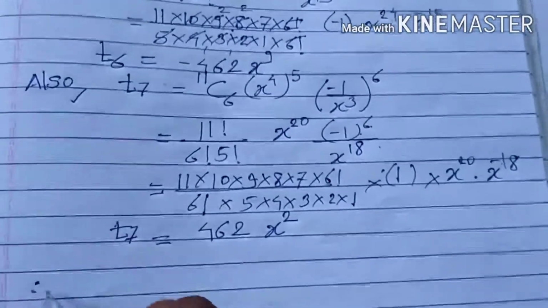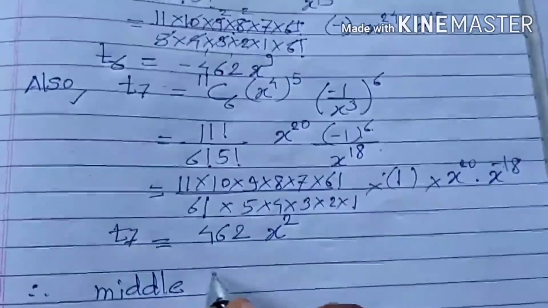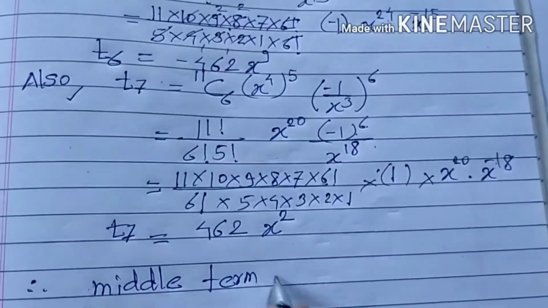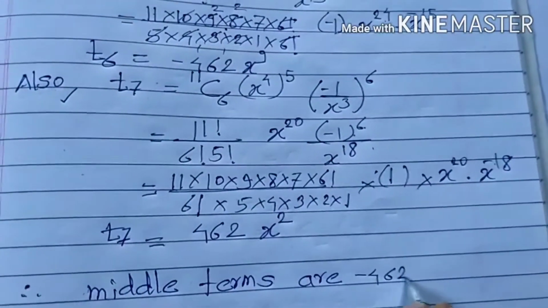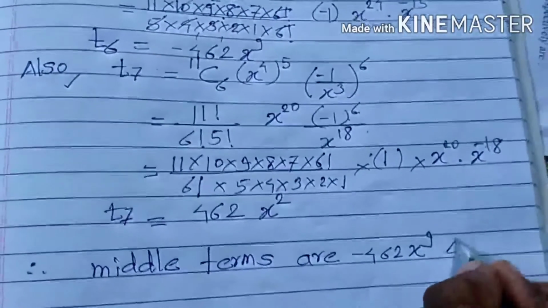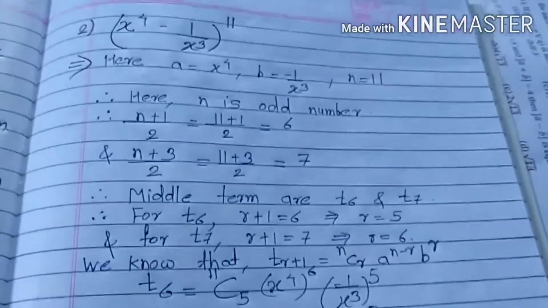So therefore the middle terms are, what are the two terms? Minus 462 x raised to 9 and 462 x square. So these are the two terms. Now you can observe that